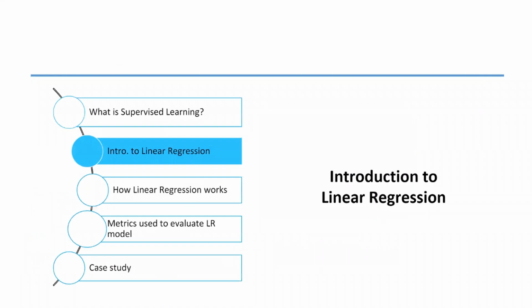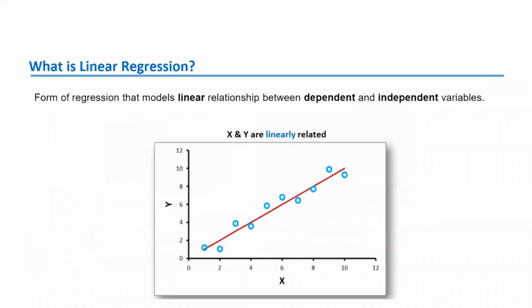Next is introduction to linear regression. Now, as we know, linear regression is basically a relation between the dependent and the independent variable. We have all seen what is a dependent and independent variable. The one which we are going to predict is called the dependent, and the ones which help us to predict are called the independent. So here price is the dependent variable, and for example